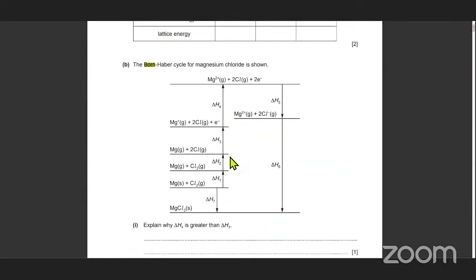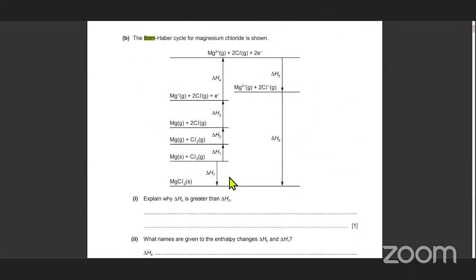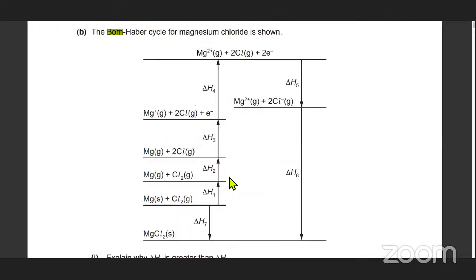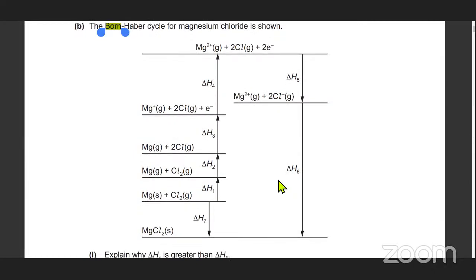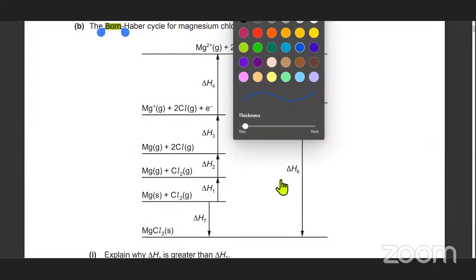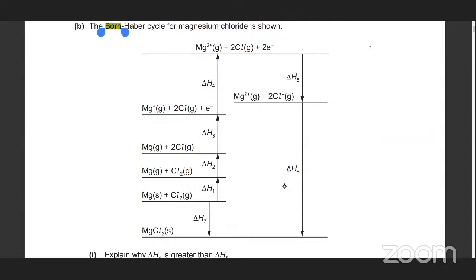अच्छा खैर, बाकी ये सेम वही बॉन्ड नेबर साइकिल, उसने लेबल जल्दी से लेबल कर लेते हैं, उसने लेबल करने को ही कहा है। ये बॉटम के ऊपर दिस इज एंथैल्पी ऑफ फॉर्मेशन, ये उसने एनर्जी वाइज ड्रॉ किया हुआ है। गेन ऑफ एनर्जी इज पॉइंटिंग अपवर्ड्स, लॉस ऑफ एनर्जी इज पॉइंटिंग डाउनवर्ड्स, ठीक है। सो वरना इट्स द सेम हैज साइकिल। अच्छा, एनीवेज यू हैव गॉट एंथैल्पी ऑफ फॉर्मेशन, एलिमेंट्स टर्निंग इनटू एन आयोनिक सॉलिड, ठीक है। अब इधर से वो ऊपर जा रहा है, दिस इज Mg solid turning into Mg gaseous, तो ये enthalpy of atomization of Mg है।